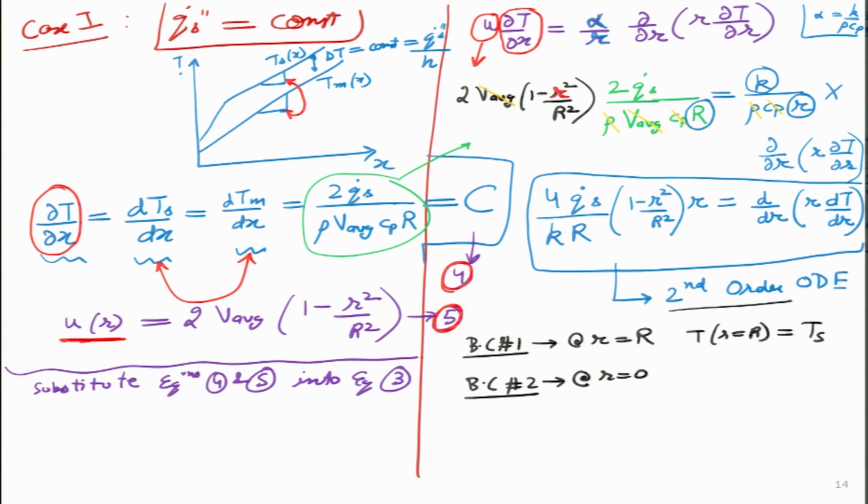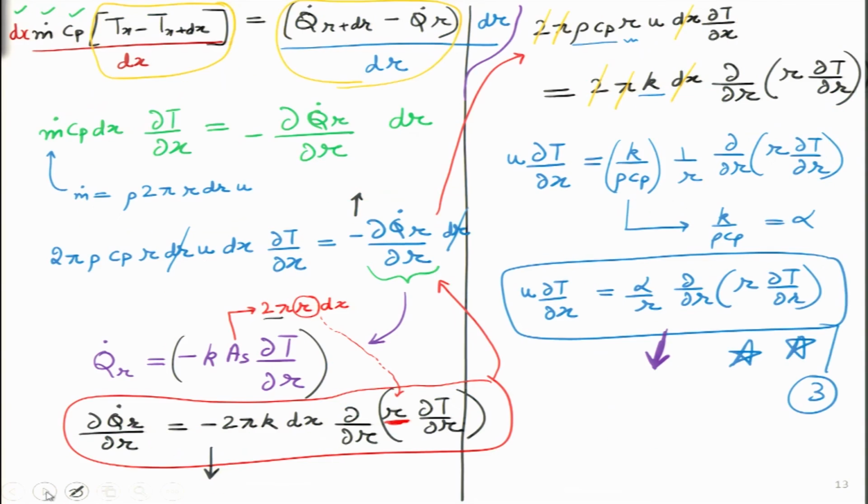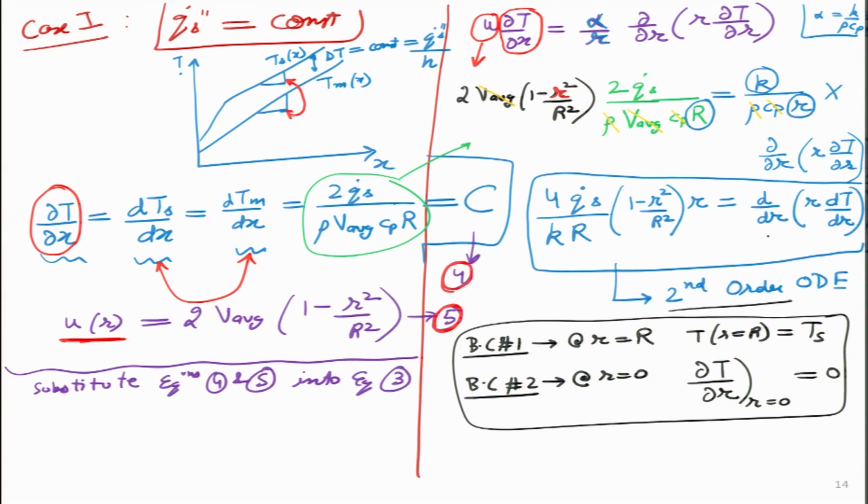Let me go back. In this profile over here where I have put the question mark, even though I don't know the profile, I know the symmetry tells me that everything on the top is equal to everything on the bottom. So the curve will be same, which means the slope is 0 over there. So I can write del T by del r, temperature slope at r equals to 0 is 0. This is because of symmetry. So these two boundary conditions I have, and this ordinary differential equation, let me put it as number 6. So this equation is number 6.